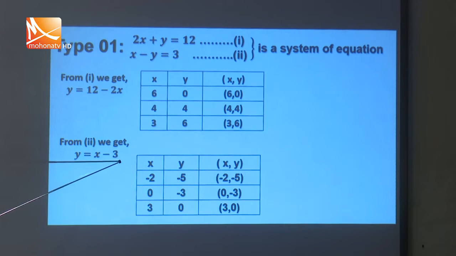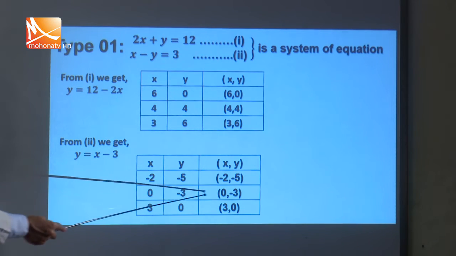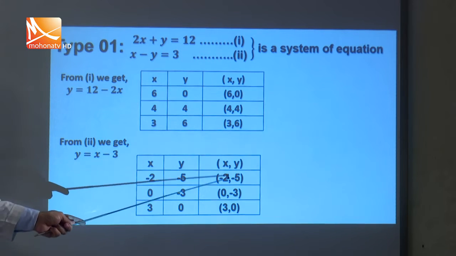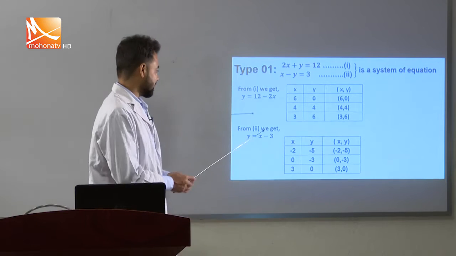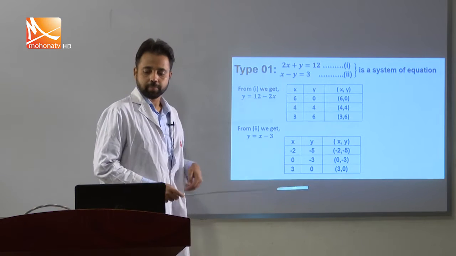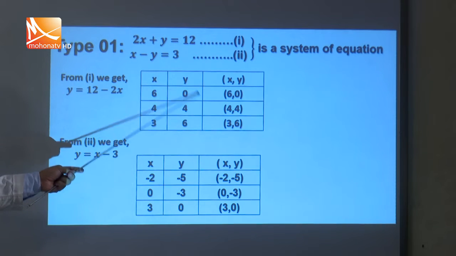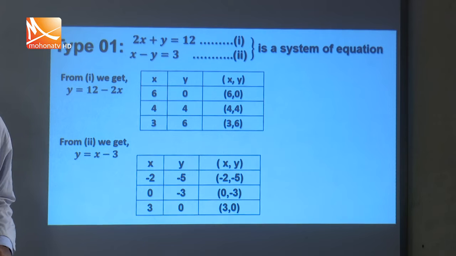Okay. If x equal to minus 2, then minus 2 minus 3, then y equal to minus 5. If we take x equal to 0, then 0 minus 3 means minus 3, that is y equal to minus 3. So, the point is (0, -3). Again, if we take x equal to 3, then y equal to 3 minus 3, that is y equal to 0. Okay. So, the point is (3, 0), is not it? Okay. So, these 3 points are on the straight line y equal to x minus 3. Okay. Now, students, we will plot these two sets of points on the graph. So, let us see.